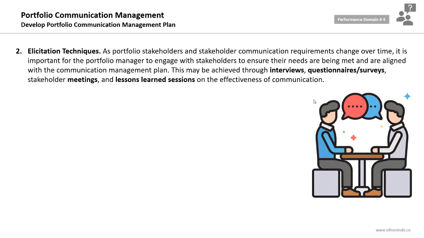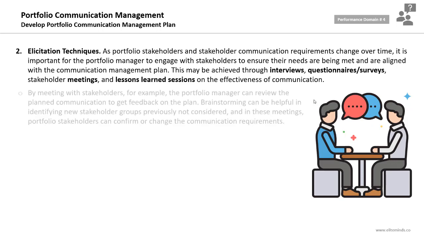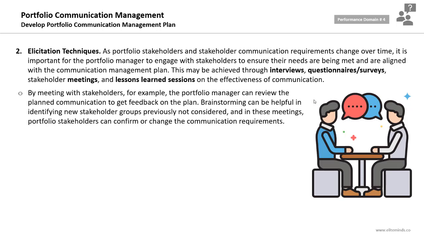So in order to gather information about the stakeholders' needs regarding information management, reporting, and communication, you can rely on techniques like interviews, questionnaires, surveys, meetings, and lessons learned sessions. By meeting with stakeholders, for example, the portfolio manager can review the plan communication and get feedback on the plan. You can also conduct feedback sessions in order to make sure everyone is aligned on the developed portfolio communication